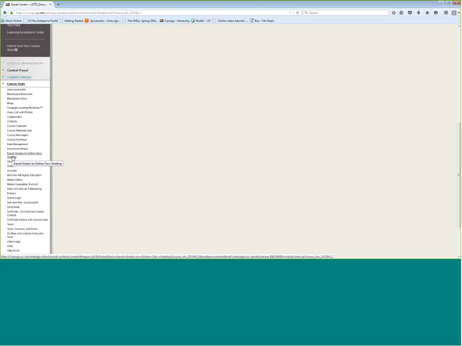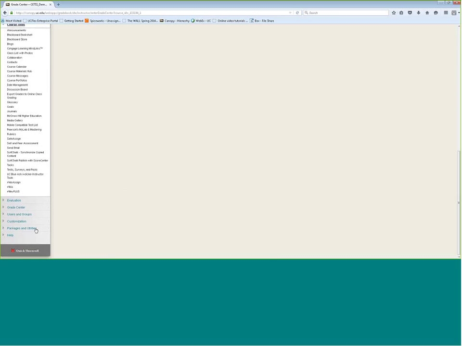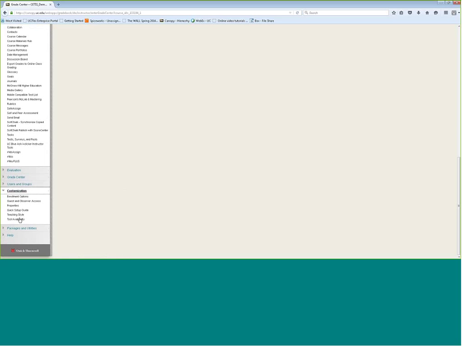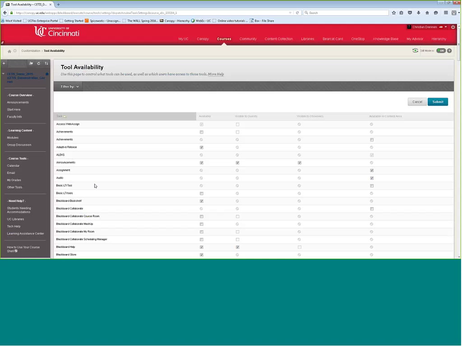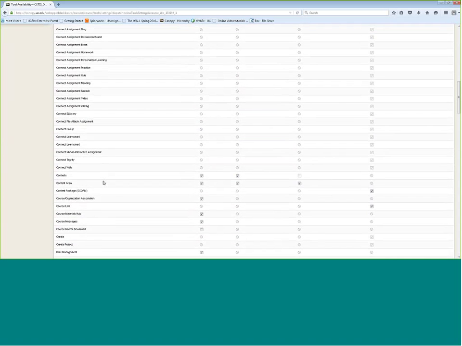The other reason you might not see it is it could potentially, I've seen this occasionally, it's very rare, that it's not turned on as a tool. And if that ever happens, if you're looking for a tool under Course Tools and you don't see it, then what you do is you go down to Customization and Tool Availability, and this will be a rather daunting list of all the potential tools that you can have in Blackboard, and they're alphabetized. But you would just scroll down,